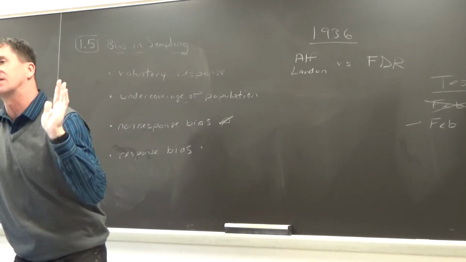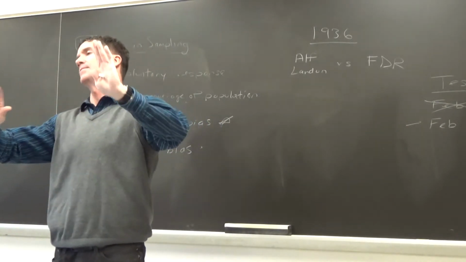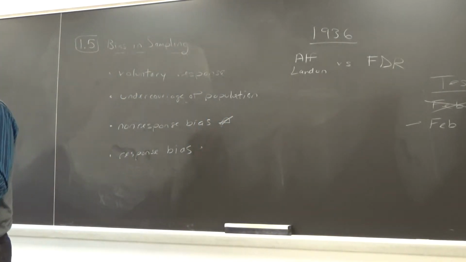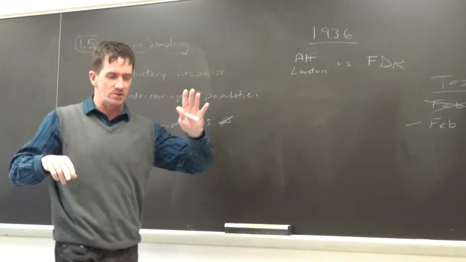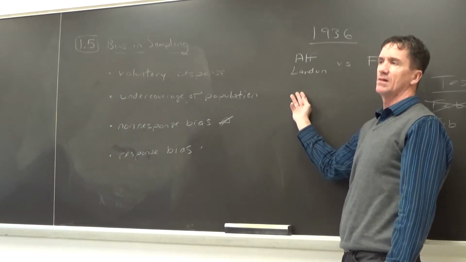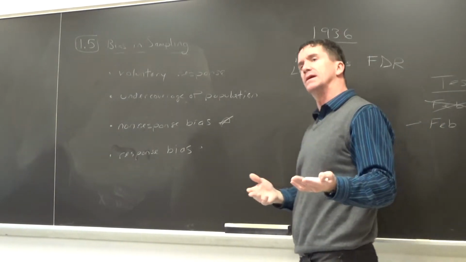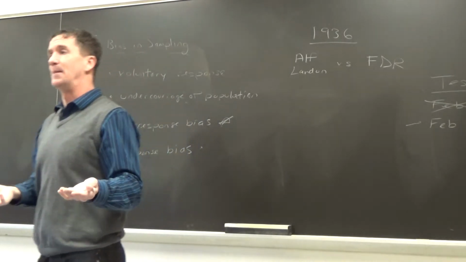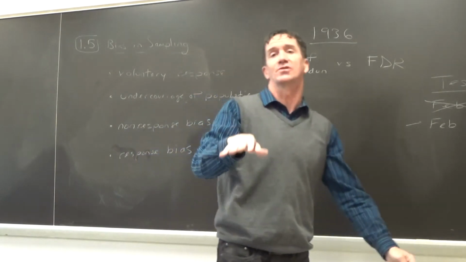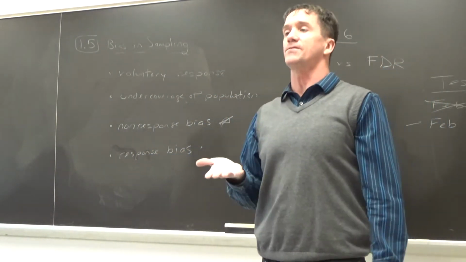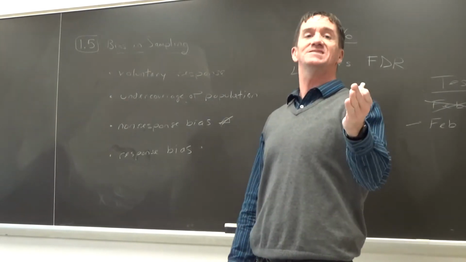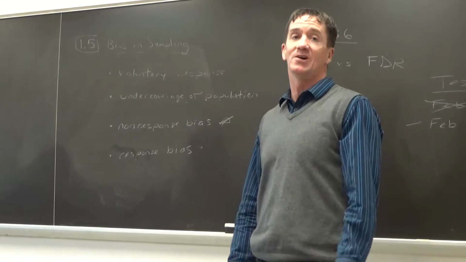Literary Digest decides they're going to poll everyone. Maybe they're going to put themselves on the map because they're going to be the ones who basically predict who's going to win this election. So they're going to send out 10 million mailers to people to have them send it back indicating who they're going to vote for in the election. That's a lot of mail, isn't it? Especially in 1936. This is Literary Digest, true story. They actually got 2.4 million responses. So it's 10 million sent out. They got back 2.4 million responses.